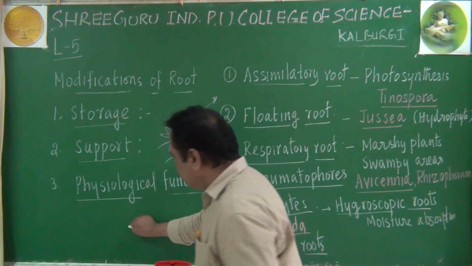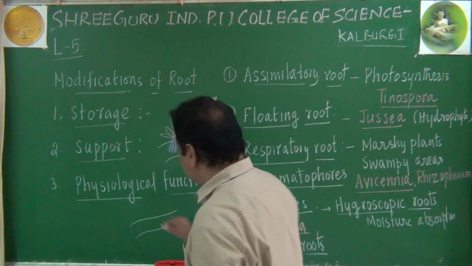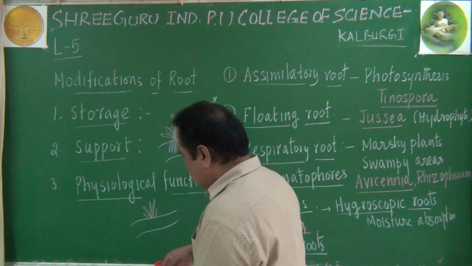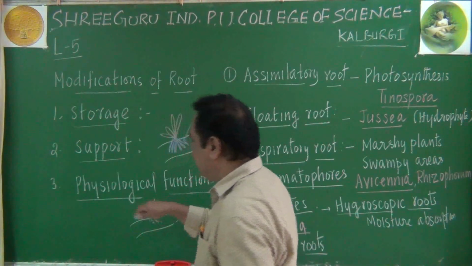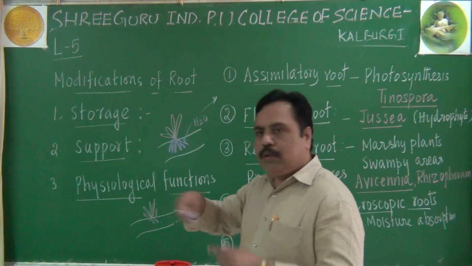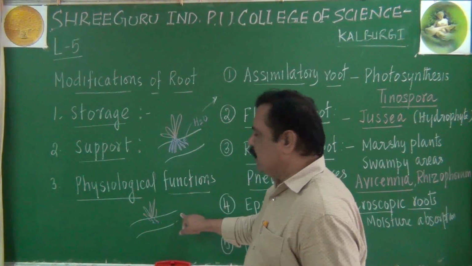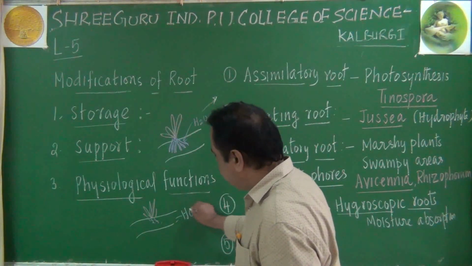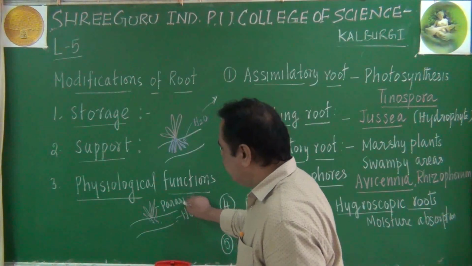So remember, this is the plant over which the parasitic roots will grow like this. It is a parasitic plant, but the root will penetrate into the host body like this. It is not hanging outwardly, you cannot see them, but the root will go deep into the main plant body, or this host body. This is called the host plant. This is called the parasitic plant, we can see.